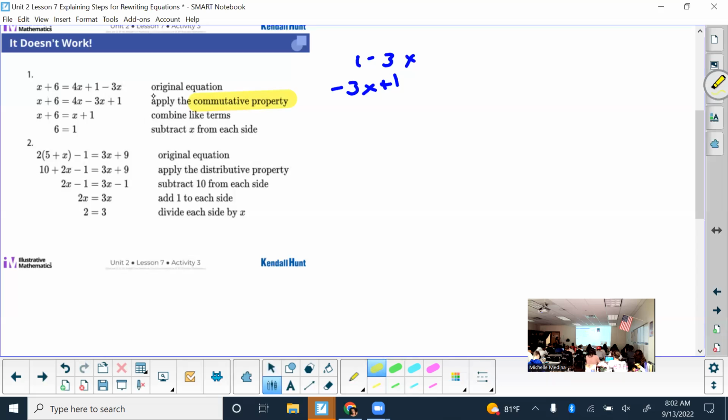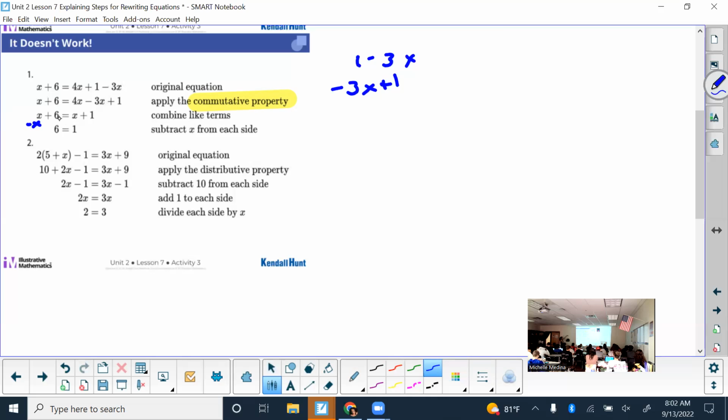Any other mistakes? Yes, the third line. What's the mistake here? Well, after the third line, it just seems like he made the x disappear. That's a good point, because on the test, they're not usually showing you the scratch work to get from line to line. So what did they do to make the x's disappear? They subtracted one of the x's, and then